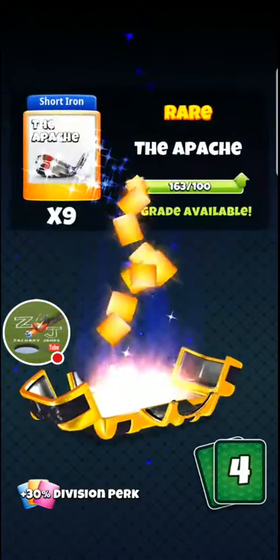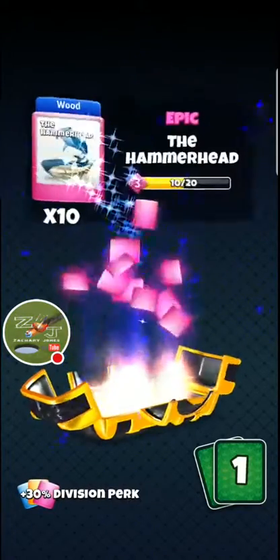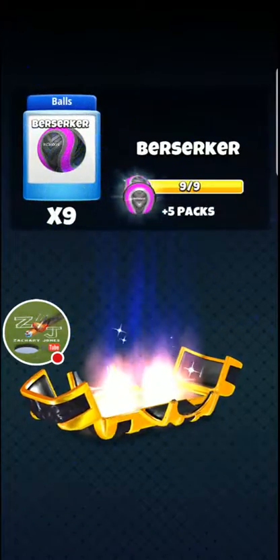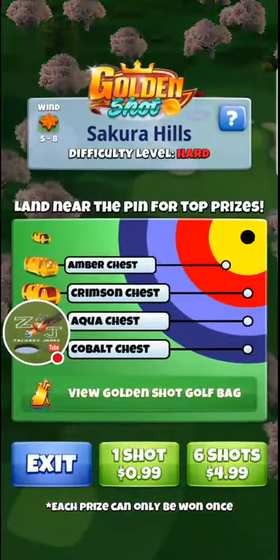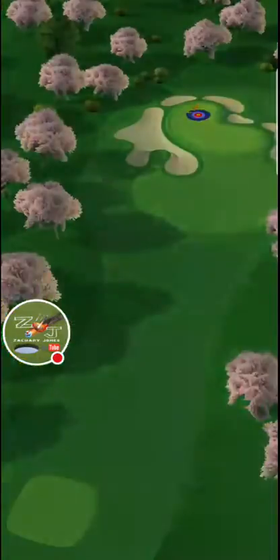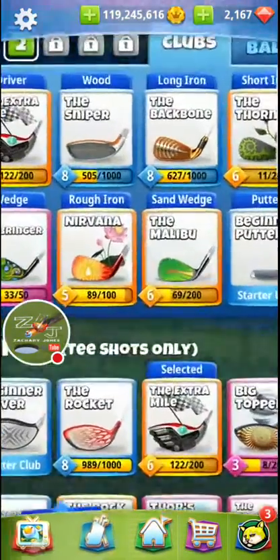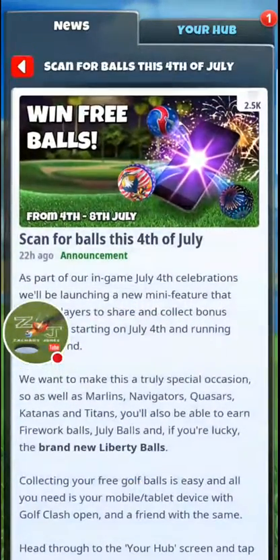So runner cards. Down in one, hammerhead, not bad. Could be worse, could be better. But you see it did level up. So there you have that. So let's go ahead in and take a look at this